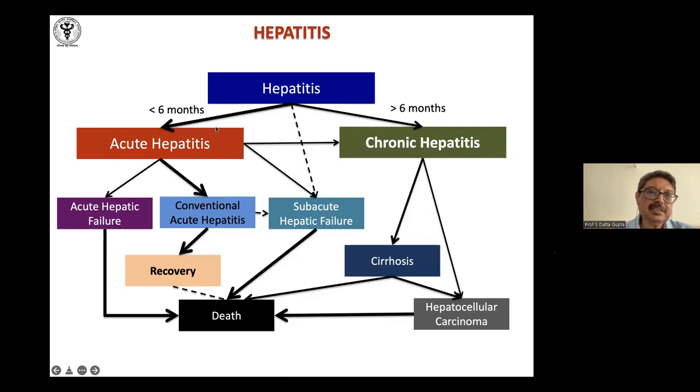By and large, you don't do a liver biopsy for acute hepatitis. Acute viral hepatitis generally doesn't require it at all. Maybe in acute drug-induced or some other cases, you may do it. So the indication is absolutely gone here. You may do it for subacute, right? And of course, for chronic disease, cirrhosis, hepatocellular carcinoma. Most of the biopsies deal with this part of the chain here.